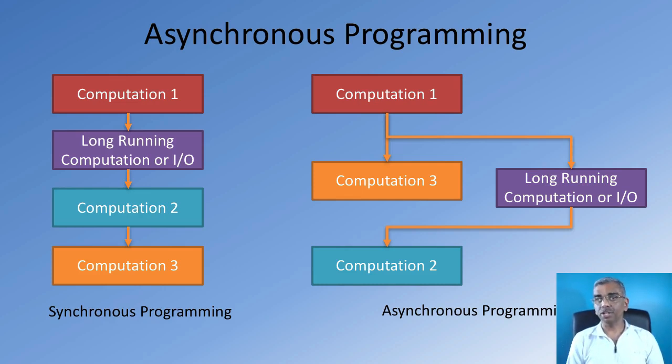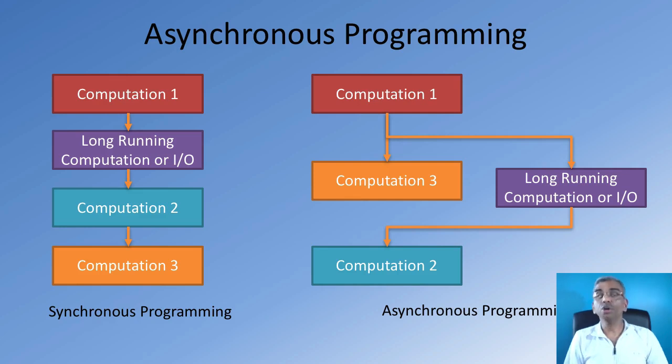Now, in asynchronous computation, we can rearrange this work in such a way that computation 1, when it completes, can spawn off this long-running computation to be done behind the scenes independently. And since computation 2 is dependent upon the long-running computation to finish, computation 2 can be executed when the long-running computation is finished. Now, this frees up computation 3 to continue right after computation 1 finishes. So this way of arranging ensures that computation 3 will finish much faster than being stuck behind the long-running computation